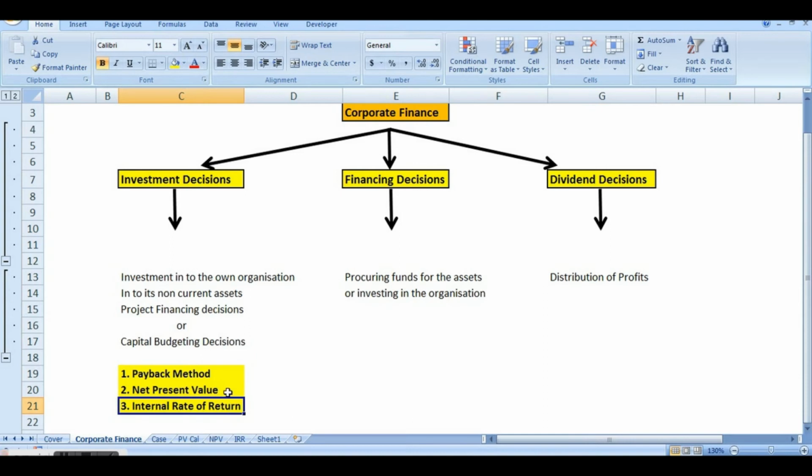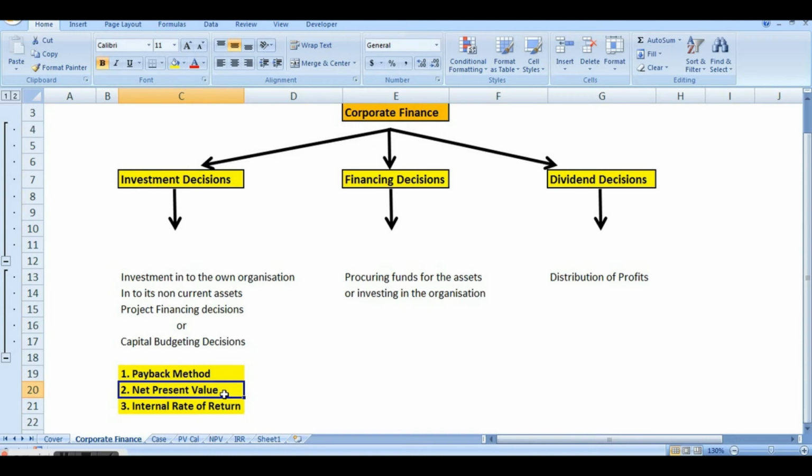Yes, there can be situations where the NPV and IRR give different results. Very rarely it happens, but it may happen. In those cases, you should go for net present value because it gives the answer in absolute terms, in terms of how many rupees you are going to earn from the operationalization of the machinery, and not only in terms of percentage. Percentages sometimes can be misleading. So, in times of confusion between percentage and absolute answer, one should go for the absolute terms answer.